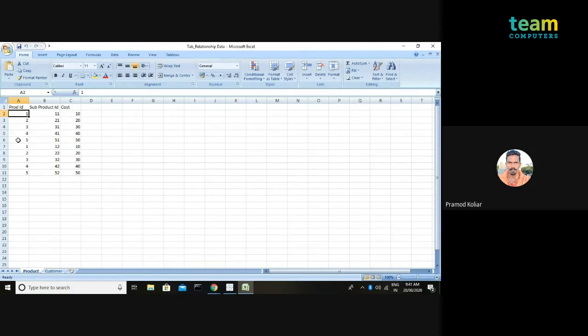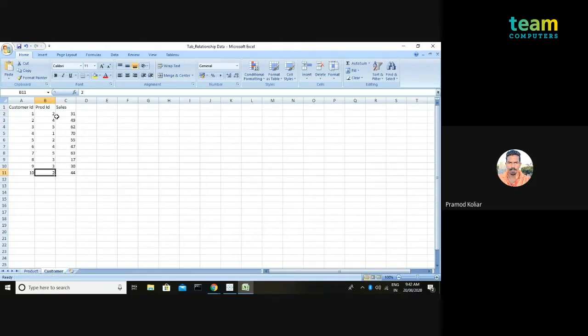I have 5 different products, and for each product I have 2 different sub-product IDs, and the cost involved in order to generate that particular product. So you can see over here product ID 1 with sub-product ID 11 is taking a cost of 10 rupees to generate that particular product. That's what the product table tells us.